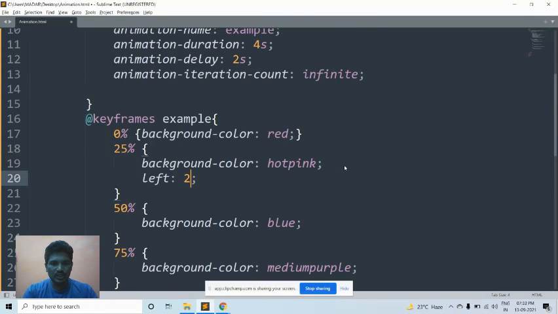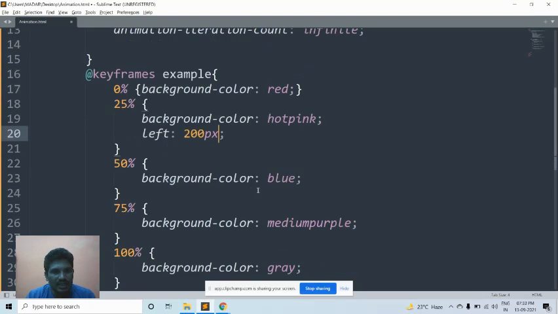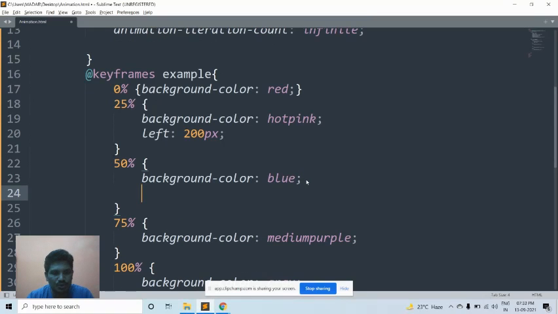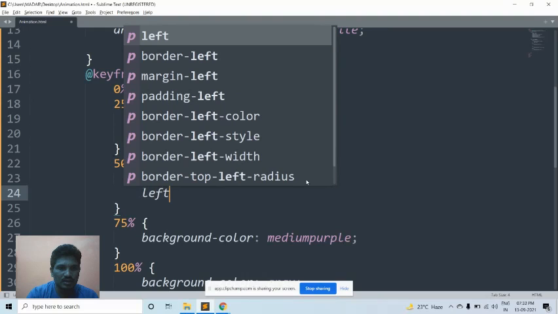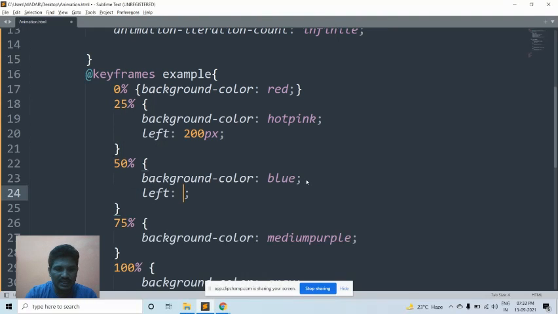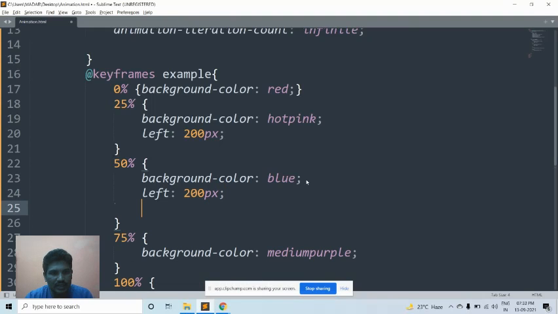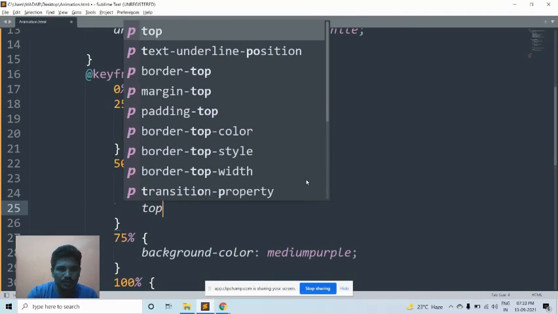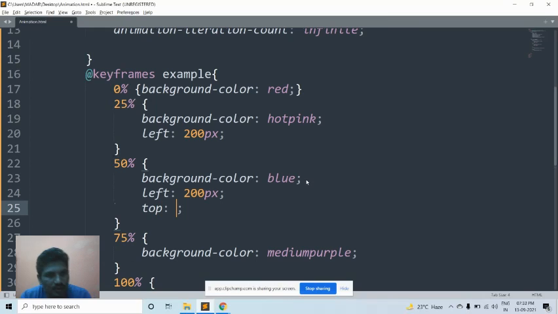For example, 200 pixels, then the object will move 200 pixels towards the right from the left. Then after that, which will come to left 200 pixels. Then I would like top 200.